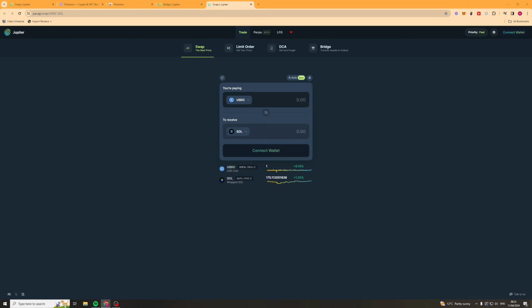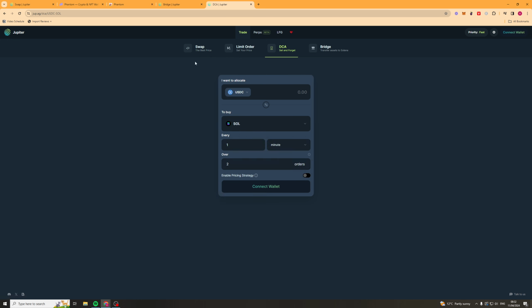swap. Next up, we're going to look at the DCA tool, and this is the dollar cost averaging tool that invests a set amount for you on a regular time period. So you could set that monthly, daily, every minute. The size here matters less than swapping, so you can do a tiny amount. Even if you do say like $2 to $50, then this is going to be good, and you can set